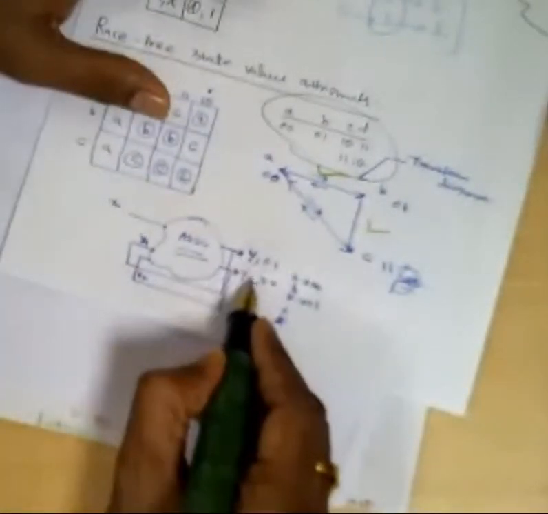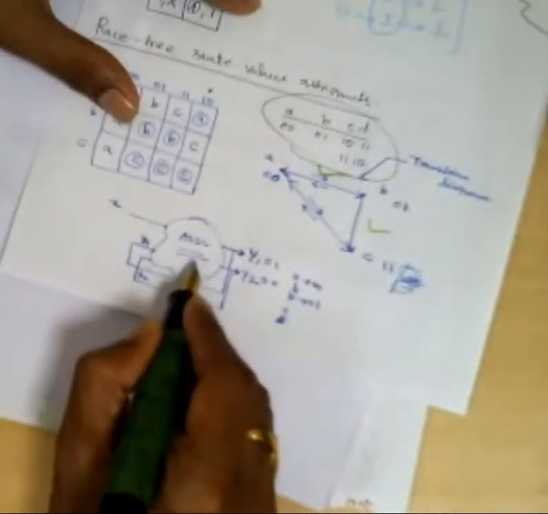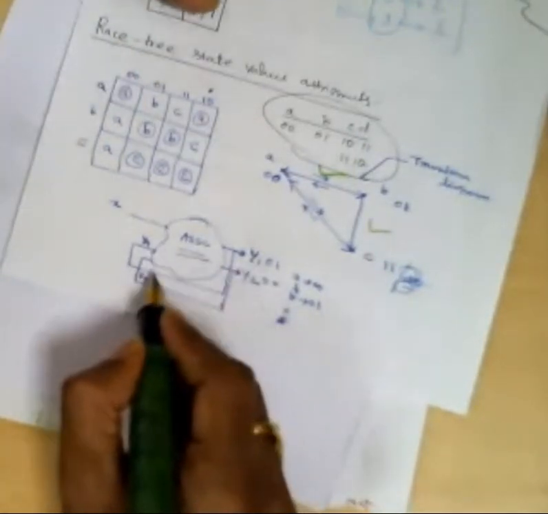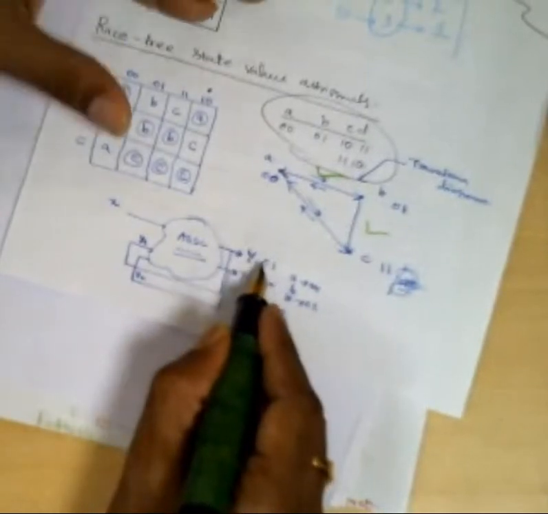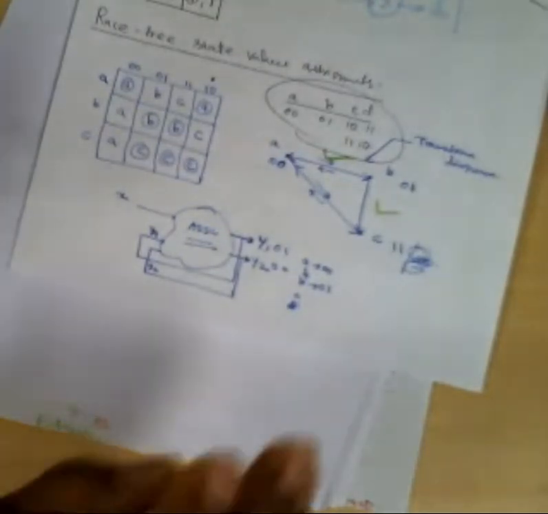Alternatively, suppose you change this Y1, Y2 simultaneously, then this Y1 will come here. It will propagate inside. It will take some time. Because of that, Y2 may also become a function of Y1, and Y1 may also become a function of Y2 now. Then new Y2 will come, new Y1 will come. Again that will come here, again that will propagate. So it is difficult to force your circuit to the stable state. Sometimes it may not be possible to maintain stability in your circuit. Therefore, only the fundamental mode is allowed in asynchronous sequential circuits. That means you should assign only adjacent values to the state variables. That is the idea now, right?